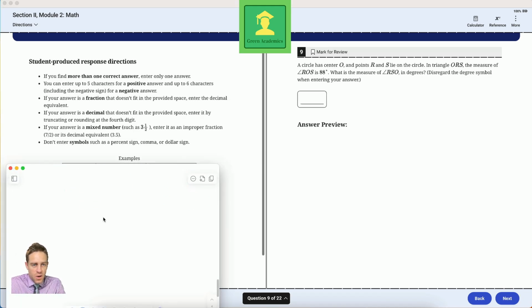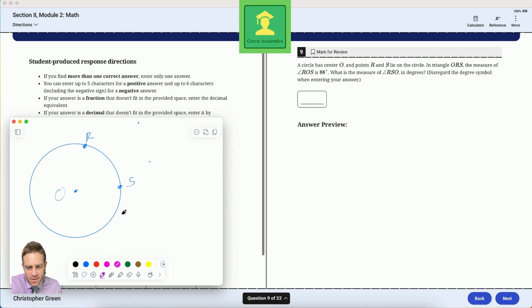Circle has center O and points R and S lie on the circle in triangle ORS. Triangle ORS. So here's O. R and S are on the circle, something like this. So triangle ORS is not a sector. It's almost a sector, but it's a triangle. It's this. So angle ROS is 88 degrees. The central angle is 88 degrees. And it's asking about